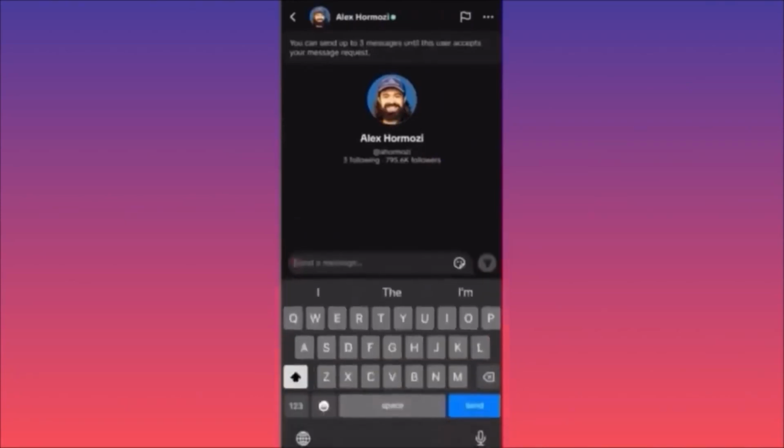You can send whatever message you like to, and the slim part over here, you want to make sure that your messages are very, very good, informative, and straight to the point, because you only can send up to 3 messages until he accepts your first message. In other words, if you say hi and then wait for reply, he doesn't reply, then you say, I hope you're doing well, and then he doesn't reply, and then you have one more message, and it could be, I'm not sure you saw my previous 2 messages, and you're done. So this is why you can probably skip the welcoming part and the etiquette, and you just jump straight to the point. Hey Alex, for example, I want